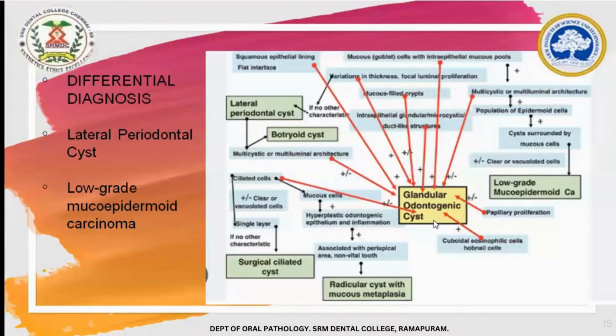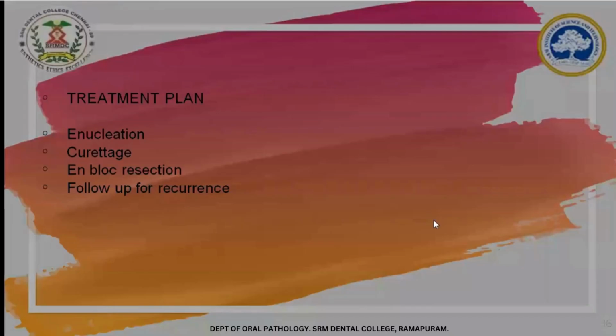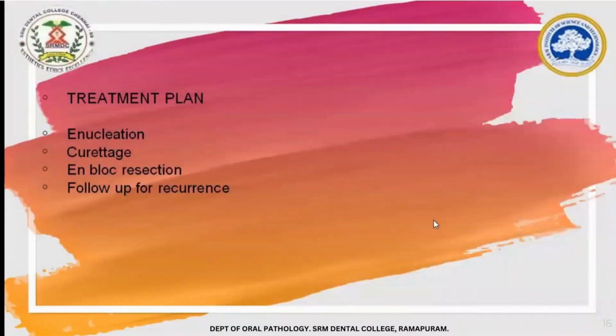The differential diagnosis includes LPC, lateral periodontal cyst, if it presents with epithelial plaques, and low-grade mucoepidermoid carcinoma, where you have mucicarminophilic material, mucus cells and all that. So what will be your treatment plan? Enucleation, curettage, or resection? Always follow